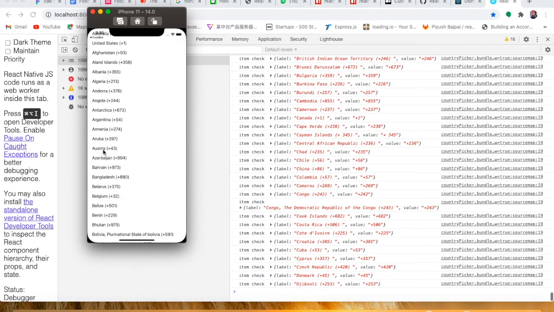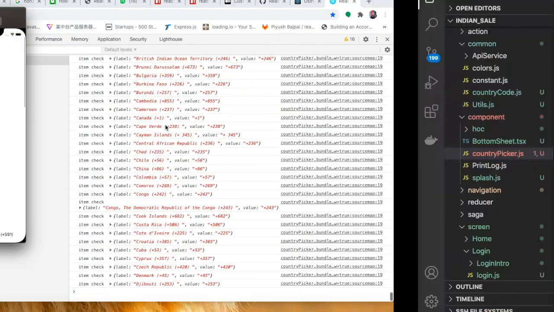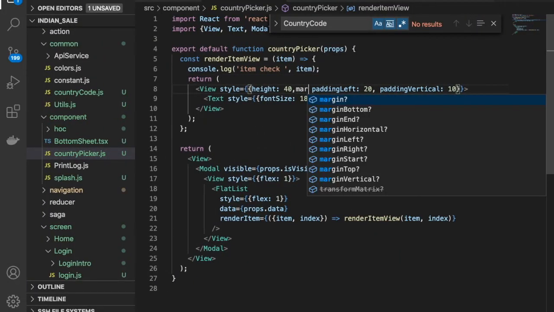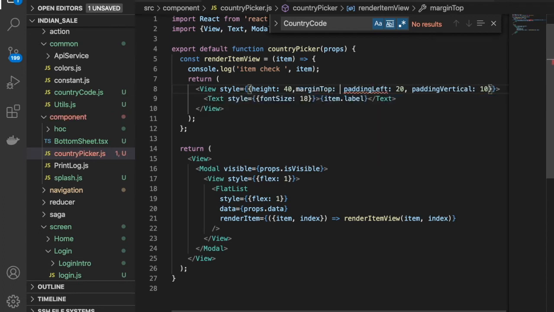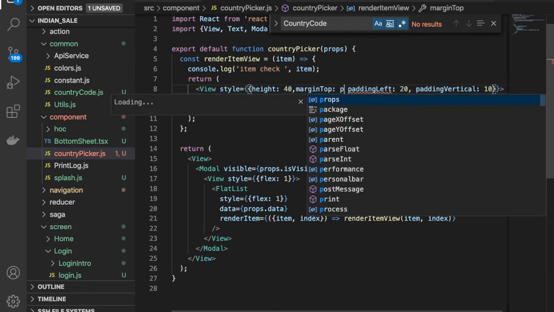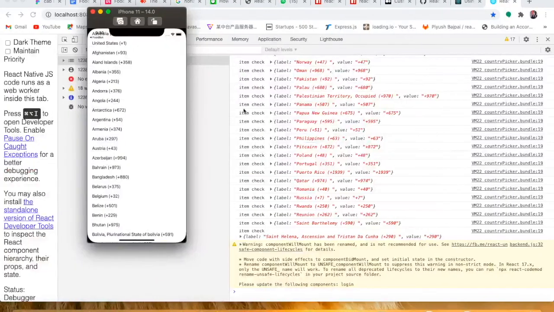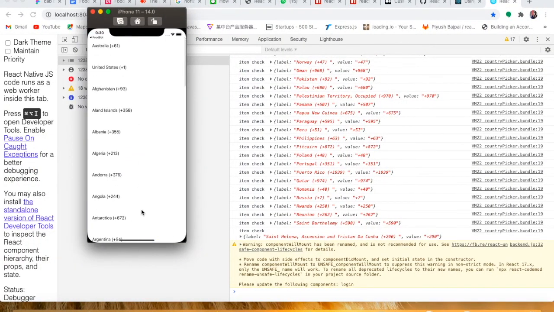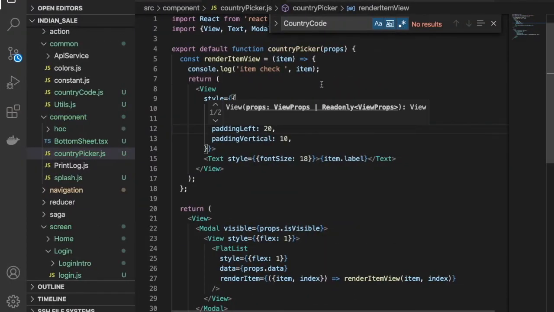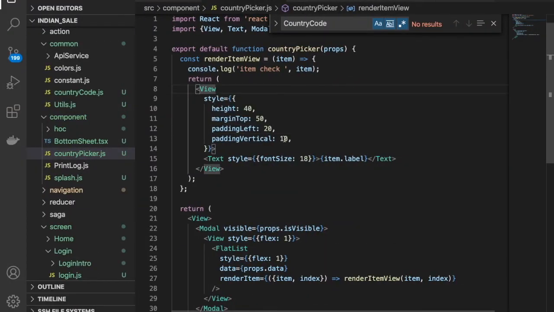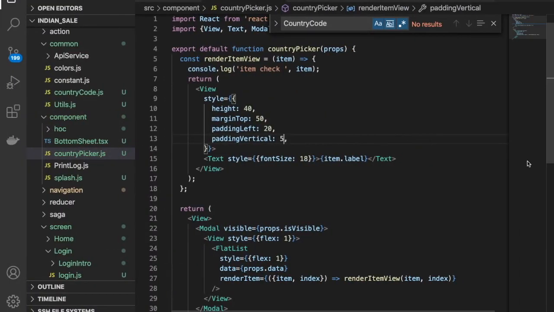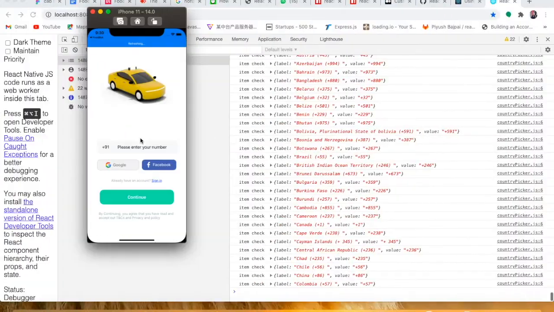Okay, perfect, fine. And then we have to provide some margin from the top, let's say 50. As of now we're just providing this only. Okay, so we have to provide some little vertical, let's say 5. Now we have to refresh the app once again.